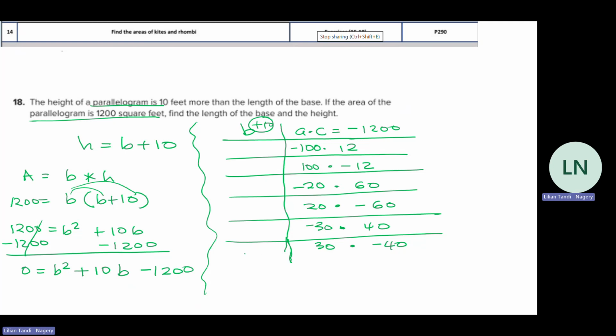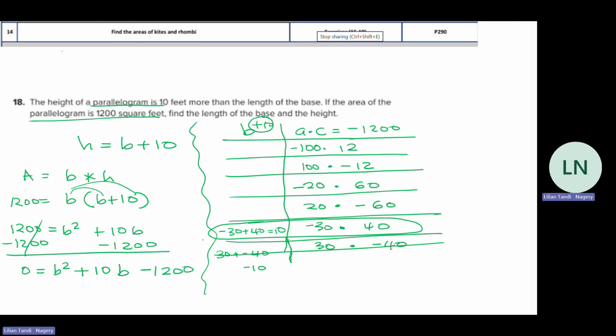Now I do. What is 30 plus negative 40? That will give me negative 10. So I don't need this. I want positive 10 on this column. Okay. What is negative 30 plus 40? This is 10. So here is my answer. Okay. So now,